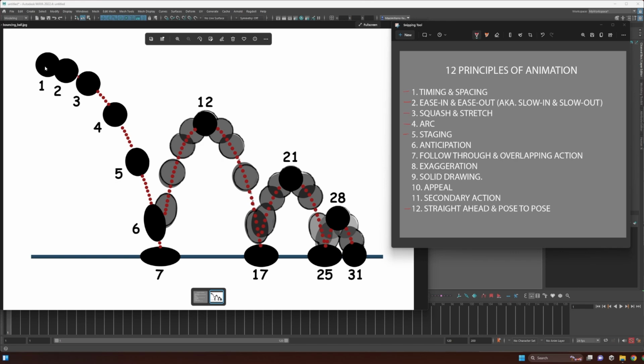One is if you do a pose to pose approach, you're gonna do frame 1 right here because you need a frame to start. Then the next one would be 7, then the next one 12, then 17, 21, 25. You see that the keys are darker here, right? And then you're gonna add the breakdowns in between, in such a way that it would convey this arc. So you might do maybe frame 5 here,